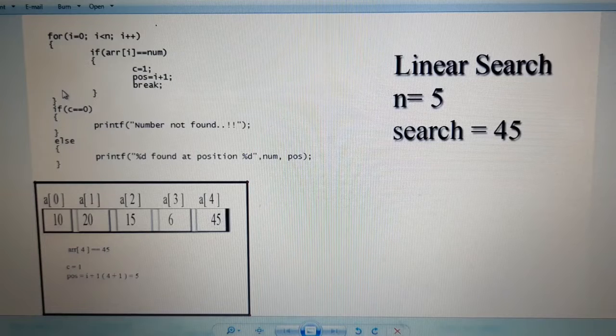If the search element is found in the 1000th location, or in the 2000th location, then the time complexity will be high, or we have to spend a lot of time making comparisons. This is a small array, the maximum capacity of this array is 5, so the search time is much less. If the size of the array gets bigger, the linear search will be a drawback for executing the search function in the program. So due to this reason, we will move on to another searching technique called binary search.